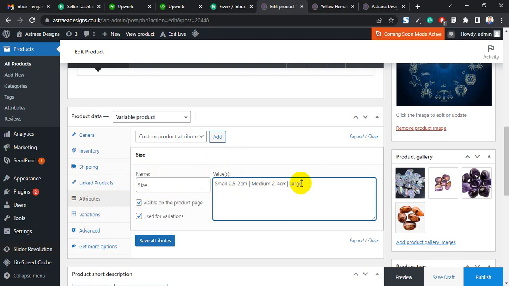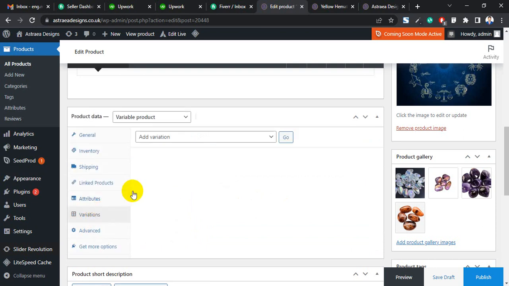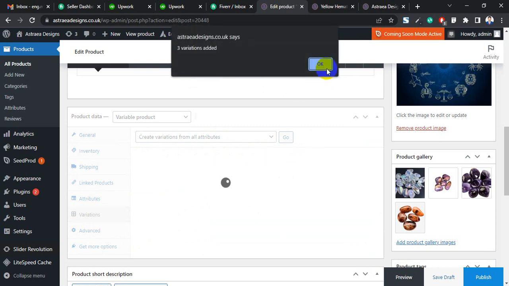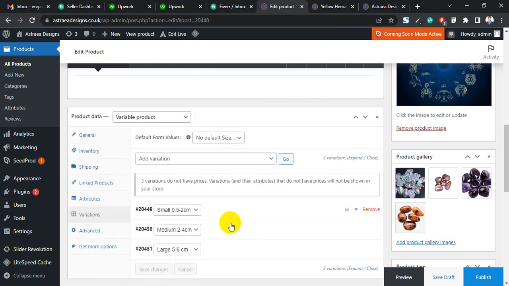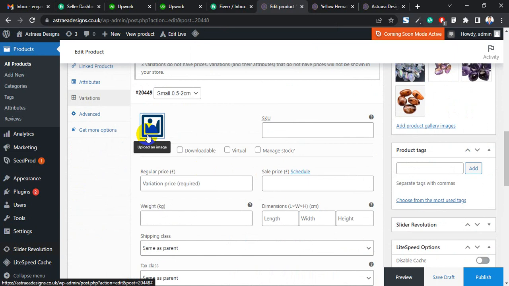Large. The size will be here. Save attributes. Now if you go to variations, there we can add all the variations. 3 variations added. This 3 is from the attributes. So for the small, we can choose product picture,